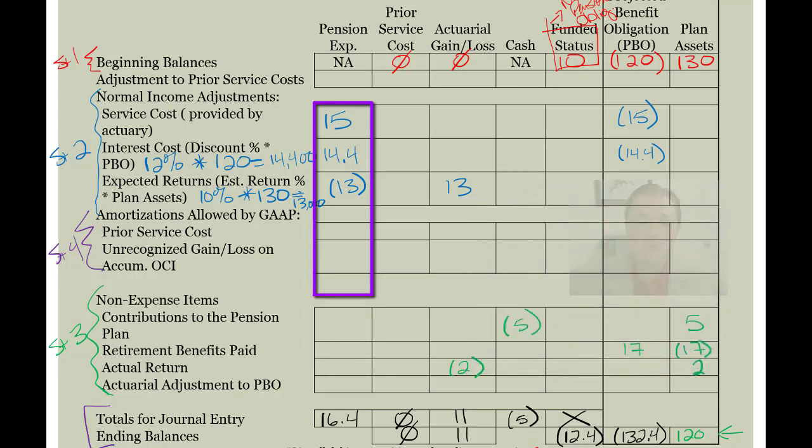So what we're going to do is take this number, that's service cost, and include it as part of our compensation expense, whatever our company calls that, whether it's wages expense or salaries expense or payroll expense. Whatever we call our compensation, that's where we're going to put this number. The rest of this column we're going to add up and call it net pension either cost